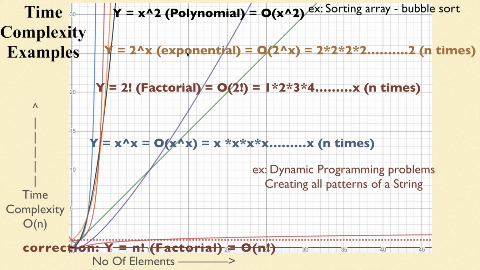And in dynamic programming, what we do is we somehow try to convert this exponential time complexity into polynomial. Like somehow we memorize the solution and then we try to reduce this exponential or factorial time complexity to polynomial time complexity. And if it is possible to reduce further like x log x or linear or logarithmic, then we will try to do that also.